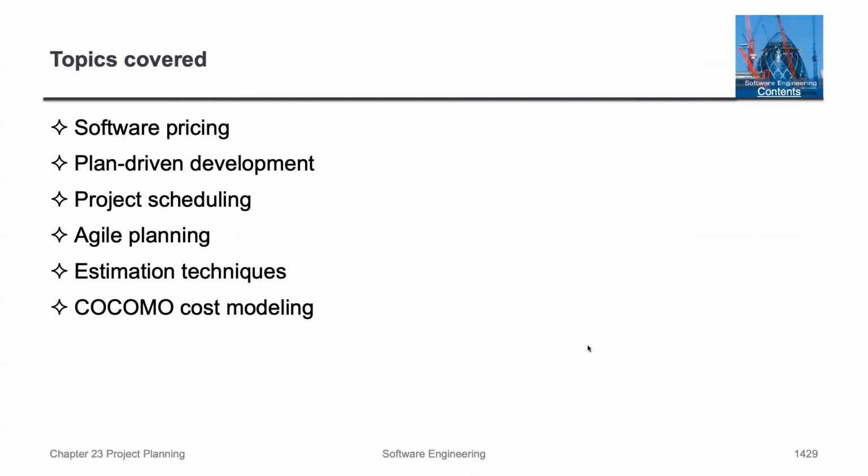The things that we'll be talking about are software pricing, plan-driven development, project scheduling, agile planning, estimation techniques, and a cost modeling example. When we get to that, you'll get a chance to see more about it. These are a lot of the programmatic things that you need to be doing